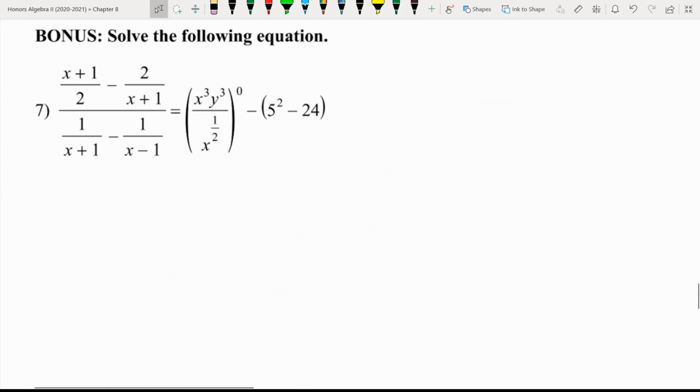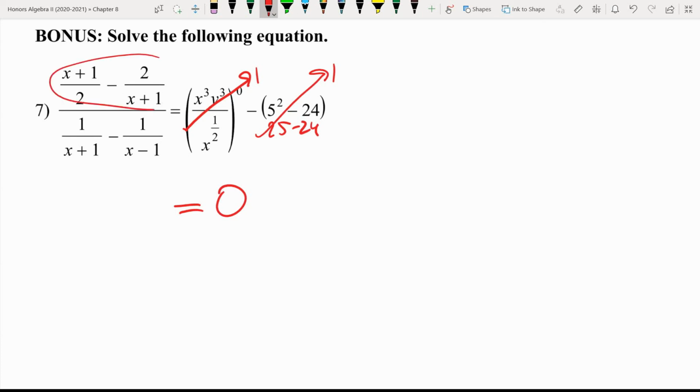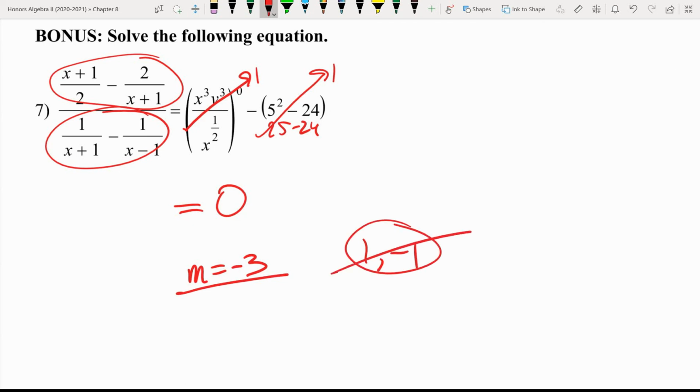All right, I'll just say one note about this one here. This is equal to 1. This right here, 25 minus 24, is also equal to 1. 1 minus 1, 0. So you could have simplified this problem right away by doing that, and then after that you've got to combine these and set each one with the same denominator and divide and multiply, and it turns out on this one, I think the final answer was m equals negative 3. You actually got a 1 and a negative 1 with it, but both of those would have been extraneous, so you couldn't use it. I might show this in class, but